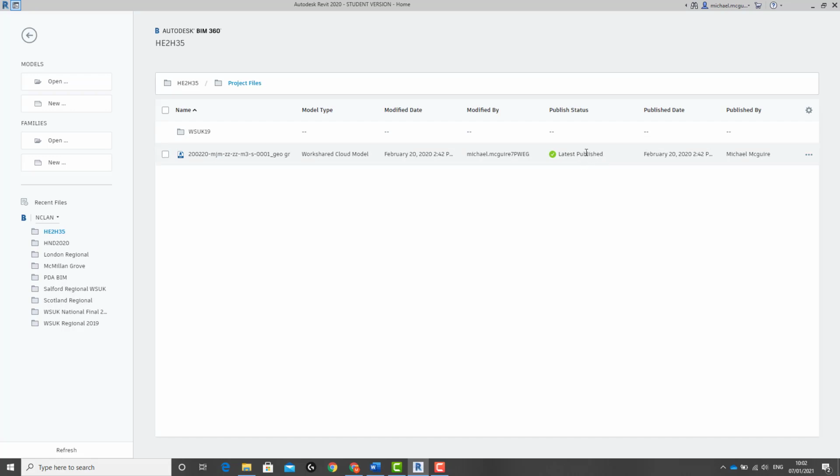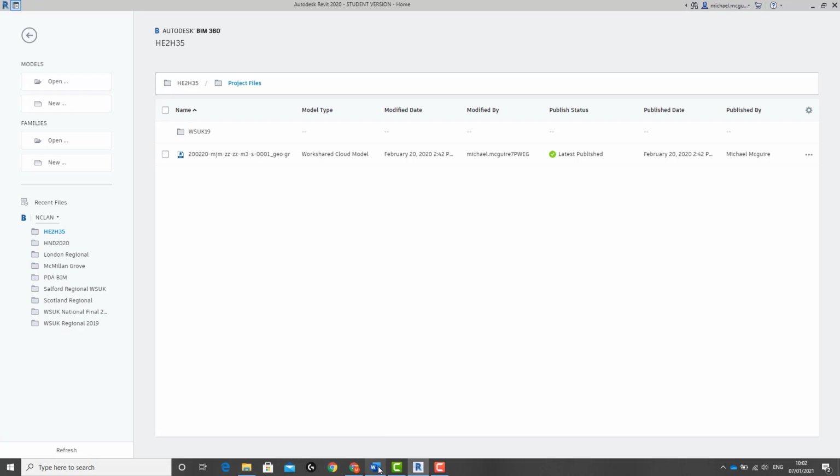And if it isn't, and it says there is a later version, then we can publish latest from here within Revit straight to BIM 360. So that would be the file saved, and it's the most up-to-date latest version for that. To put that into